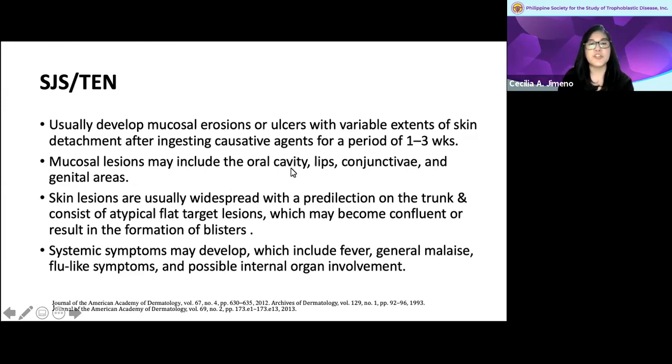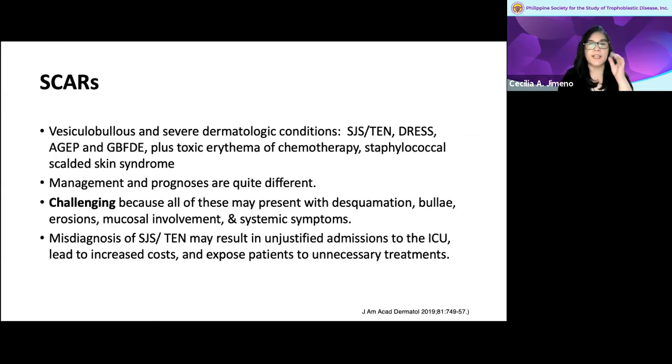The mucosal lesions may involve the oral cavity, the lips, the conjunctivae, and the genital areas. And they're usually widespread with predilection on the trunk and consist of atypical flat target lesions. And there are systemic symptoms which can develop like fever, generalized malaise, flu-like symptoms, and possibly organ involvement. The SCARs, as I said, involve 4 different kinds, and you can also list down toxic erythema of chemotherapy,